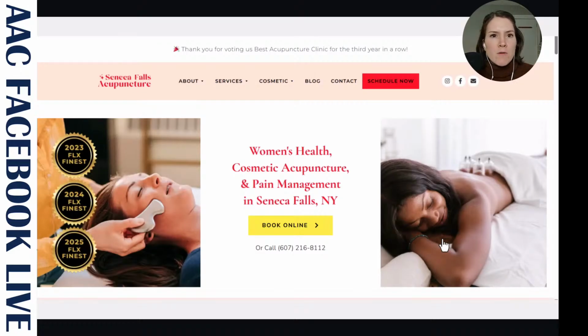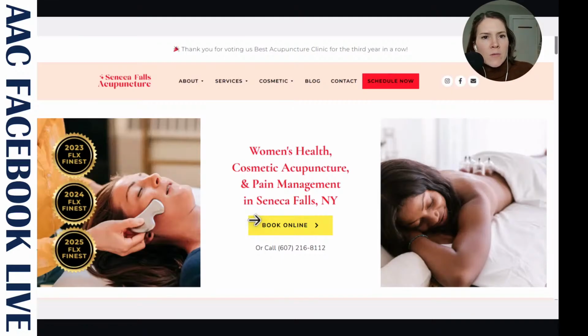So what is above the fold? So this is a screenshot of my website. Above the fold is when you land on a new website, before you have scrolled at all, whatever you can see when you land there, that is considered above the fold. And this is very high value real estate because Google puts a lot of weight on whatever you place in this section.